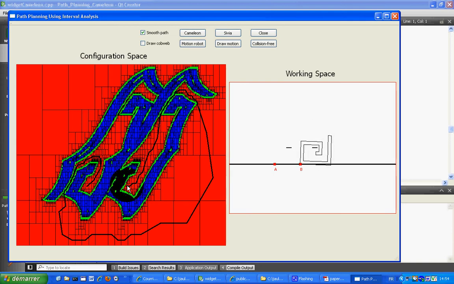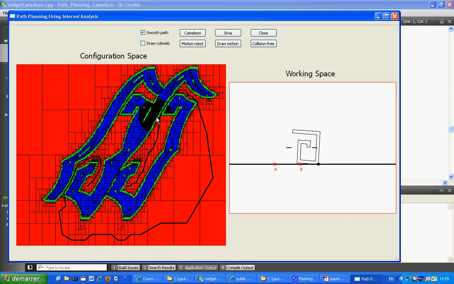Of course it is useless to bisect everywhere, to study everywhere, but the CV algorithm did it. Remember that interval analysis is used here to prove that all configurations here or all configurations here are good or bad. As soon as you know that all of them are good, you do not need to bisect the box anymore. So you have a faster algorithm named Chameleon. Let me start it. It will bisect not everywhere, but only when needed.